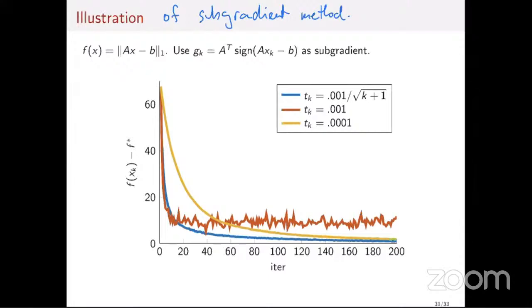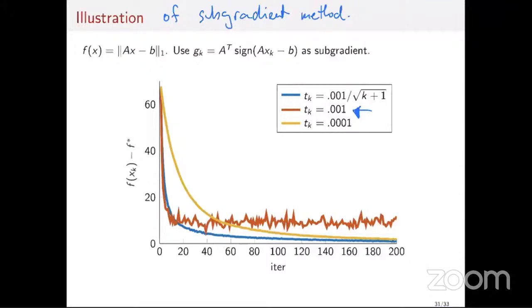So first, if we focus on the constant step size, on this one, which is the larger of the two step sizes, we see that the value of the function decreases fast, but then it oscillates around a certain interval. It does not want to decrease anymore. This is what I was saying: if you choose a constant step size, it will decrease, and then it will stay within a neighborhood, and it will not go down anymore. This is exactly what we observe with this red wiggly line, which corresponds to the choice of step size 0.001.